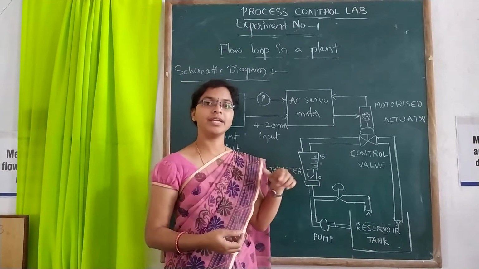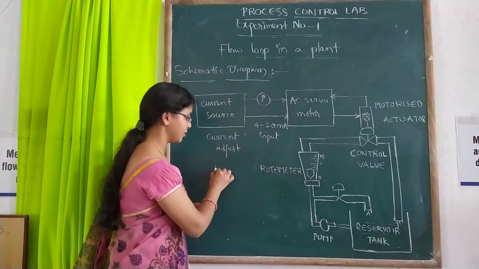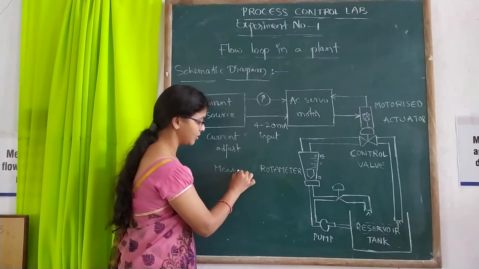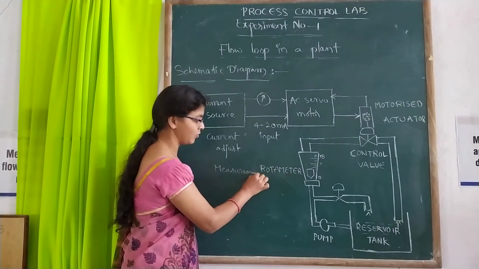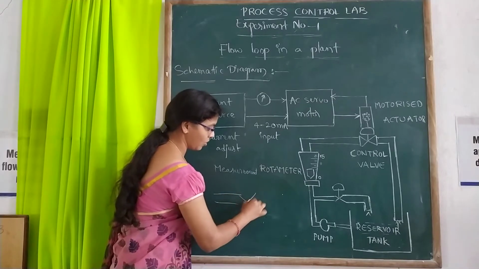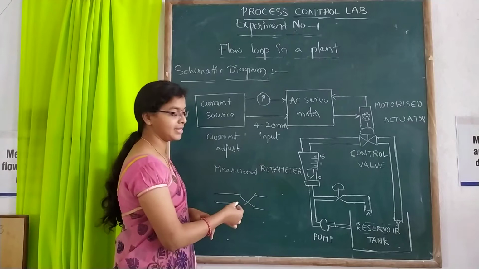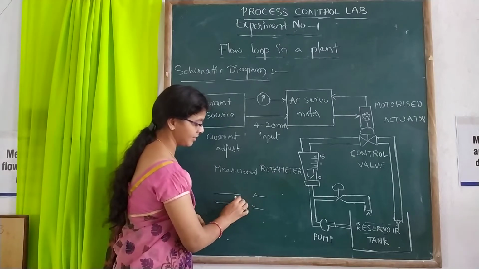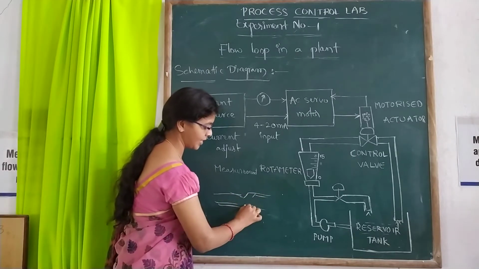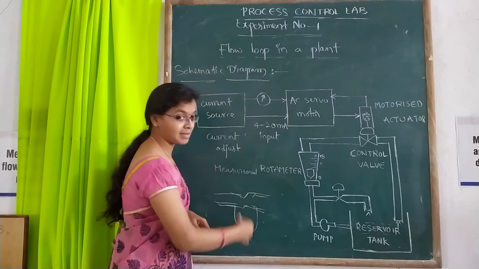So you already know about the different types of flow measurement devices. What are the flow measurement devices? Basically, if you want to measure the horizontal pipe flow rate, then you place a venturimeter or else an orifice meter, in which we reduce the area, and here we are going to place a manometer.